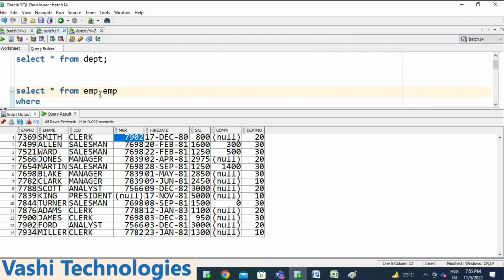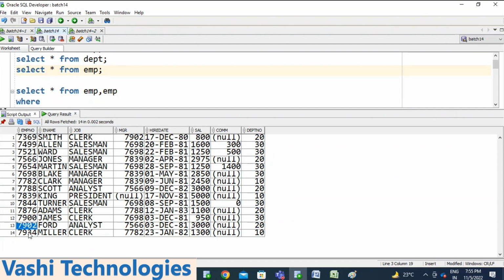While retrieving, I need to retrieve the employee information. I will take this employee table one time. Now again, I need to retrieve the manager also. The manager is also part of the same employee table. So I need the 7902 information. Who is 7902? Ford. So to retrieve the employee information, I will use the employee table one time.